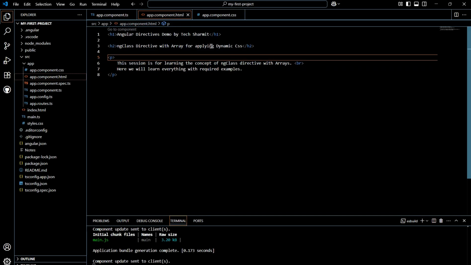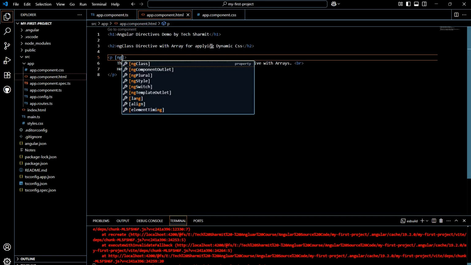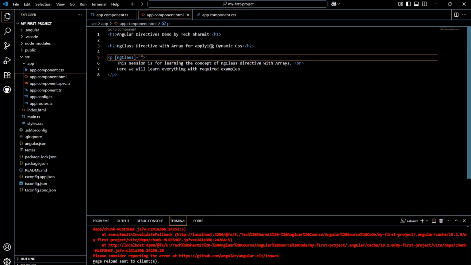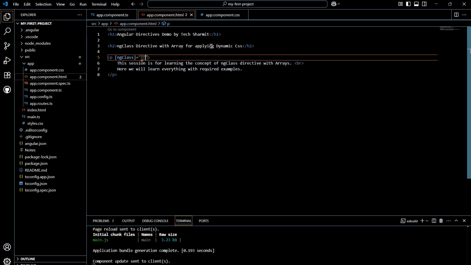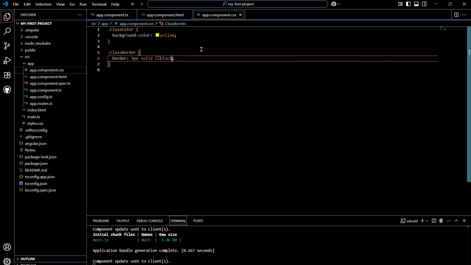to connect this thing, right? Let me show you how. So let's say if we are using square bracket and ngClass, then inside this class we will simply use single quotes and we will pass the classes like class color and class border. Let's save it and refresh the browser. Okay, let's save the CSS file also